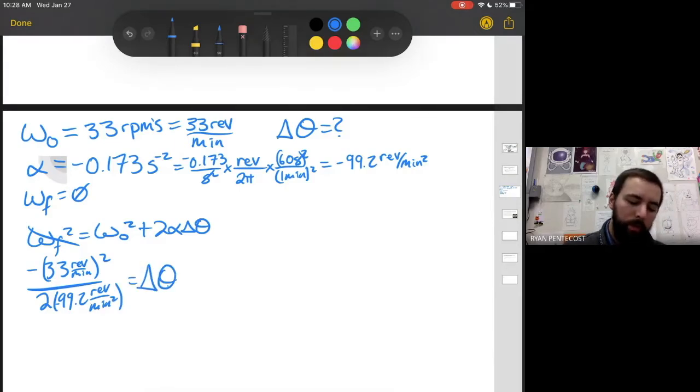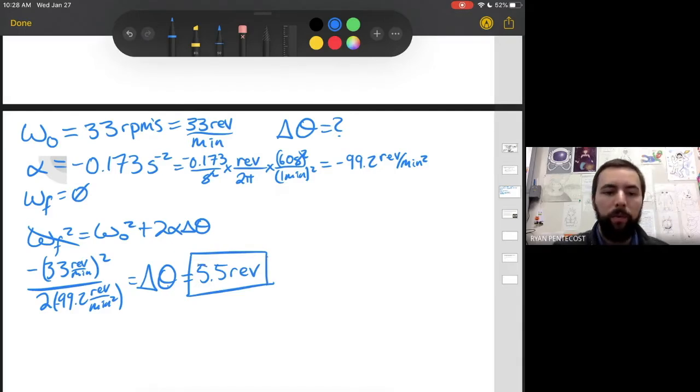All we did is subtract omega naught from omega final, which was 0, so squared it's still 0. You also keep that minus around. Don't square that minus away, because it's a minus, not a negative. So that minus has to stay. Divide by 2 alpha, and then you get your delta theta. Put that in your calculator, and you should get 5.5 revolutions,